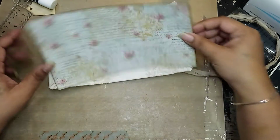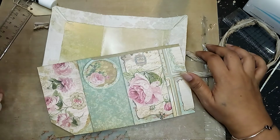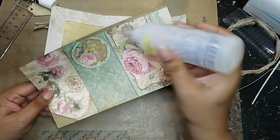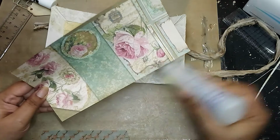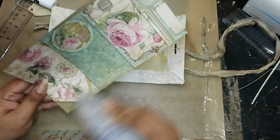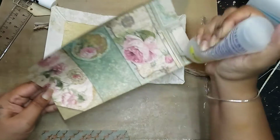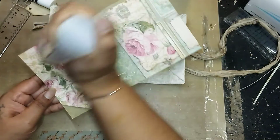All right, so I'm trying to see what I should use to glue it on. I'm thinking, oh yeah, I might as well do this because I still also have some fabric on it. So this it is. I'm not really going to go all the way to the edge, only because I'm still going to sew it, so I don't have to wait for glue to dry or anything. But I do want to make sure I have enough. It looks like I'm putting on a lot, but my glue, for some reason, is not coming out very much. It's also because I need more glue,